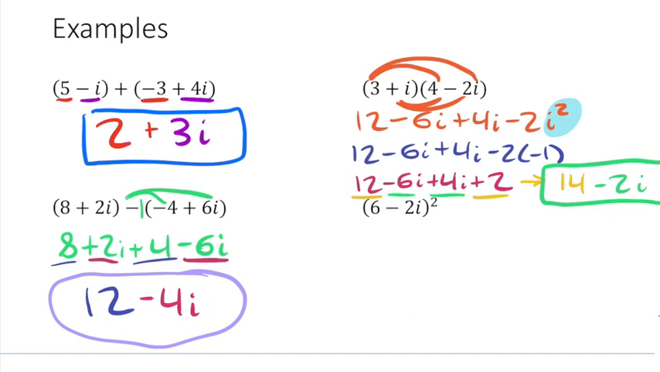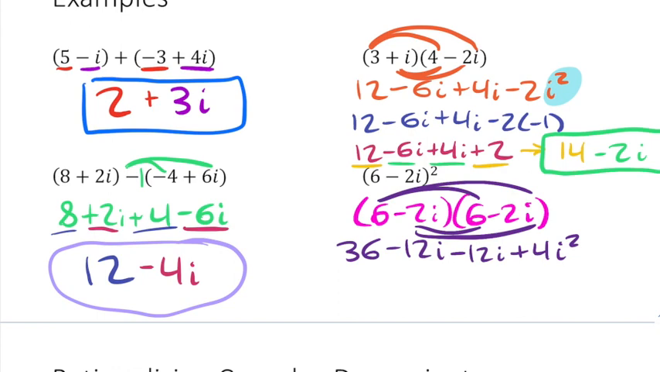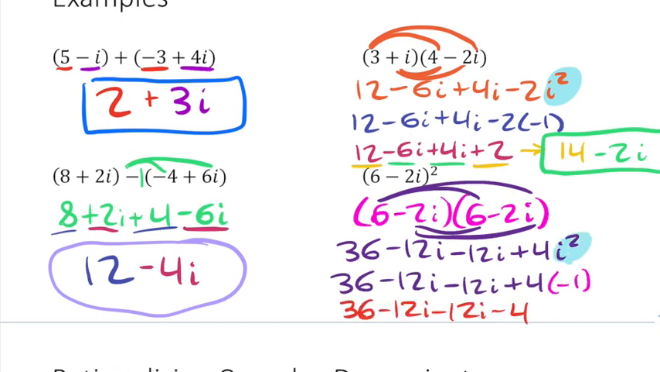Make sure that i squared is never in your final answer because it can become negative 1. In this last problem, we've got a square. So what we're going to do is write this out twice. You cannot just distribute the exponent. That won't work. And now this problem is going to look just like the problem we did before. Distribute, then replace that i squared, and then simplify, and finally combine like terms, giving us a final answer of